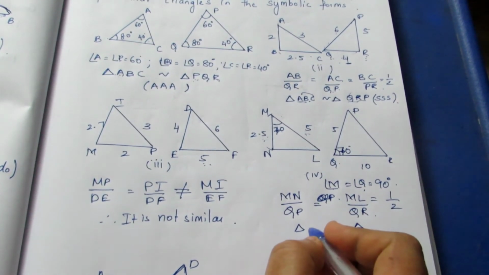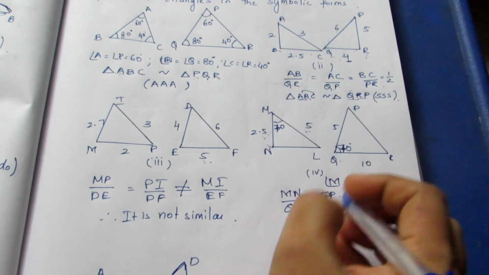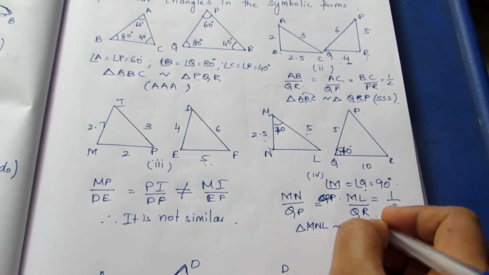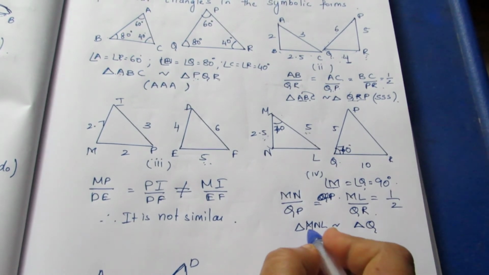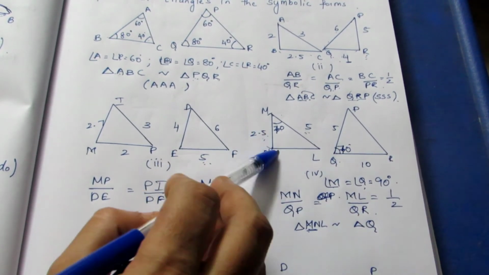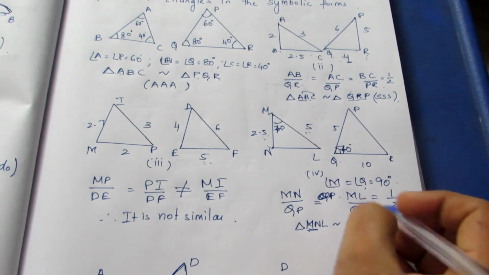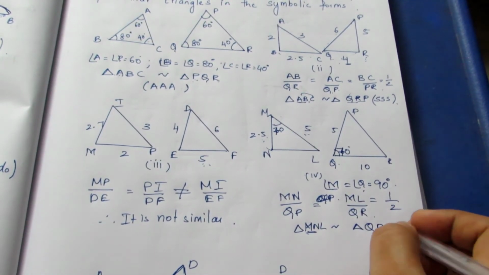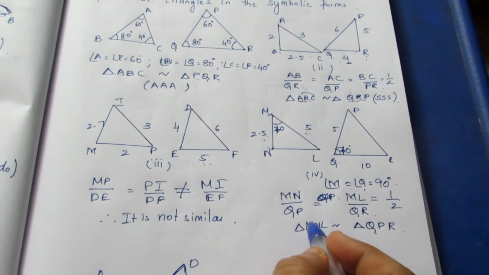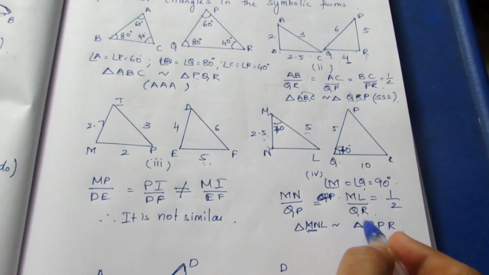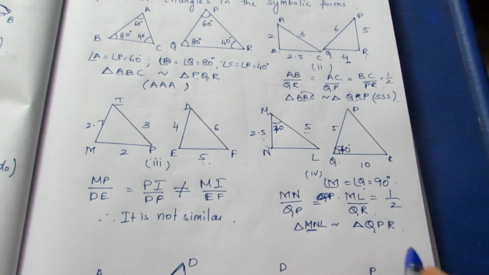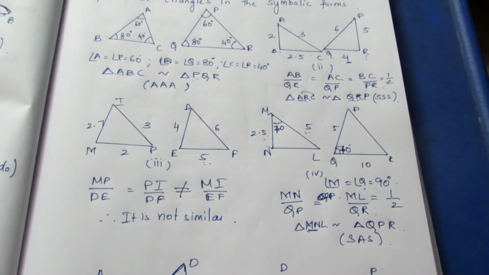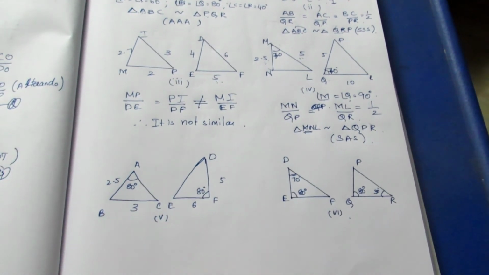Now we can write which two triangles are similar. Here you can take any of M, N, L. Now we know that M is equal to Q, so Q should come first. Next MN. MN side is proportional to PQ side. So next P will come, then your R. Now we'll check ML. ML is proportional to QR. So we are right with the thing. It is SAS because two sides and one angle. Now we'll move on to the fifth one.